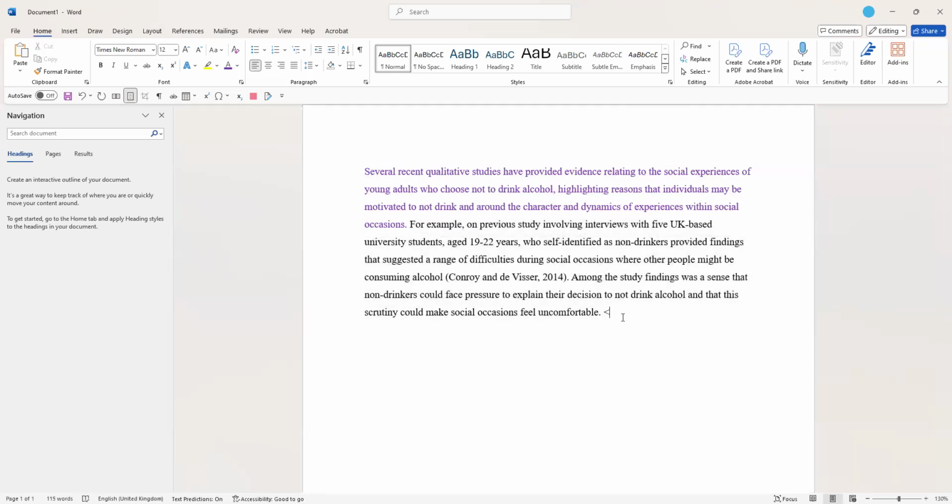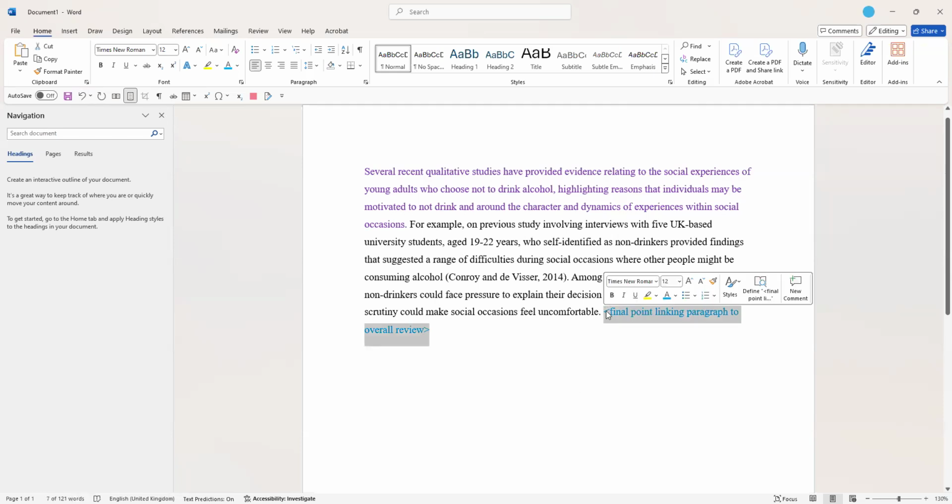And there could be a summary of a second study that appears there. You could put that in a different color. Or I could make this a signposting sentence at the end of the paragraph to link it back to a broader theme emerging. So I could say,